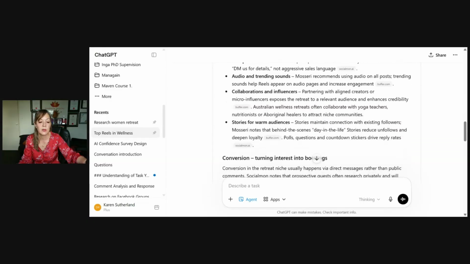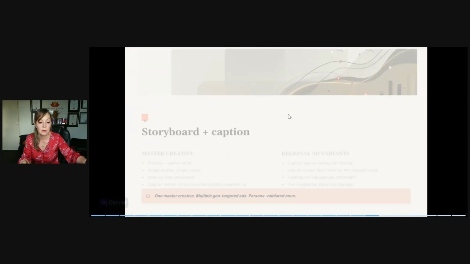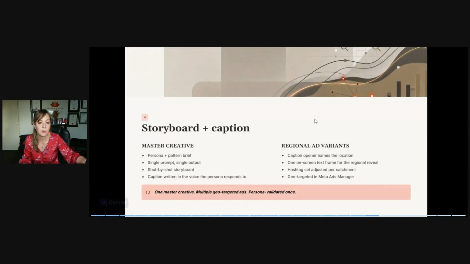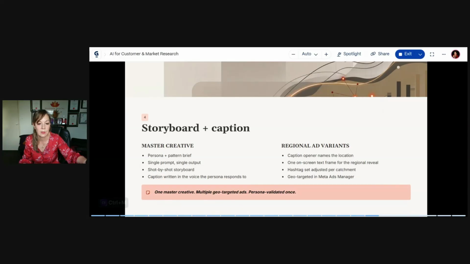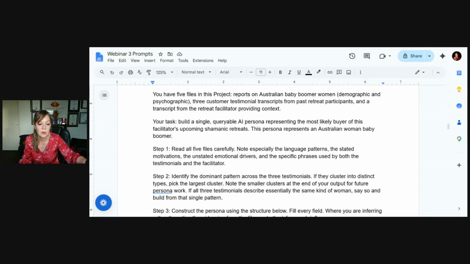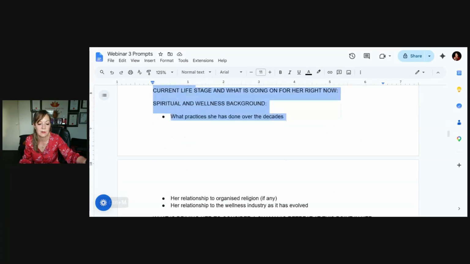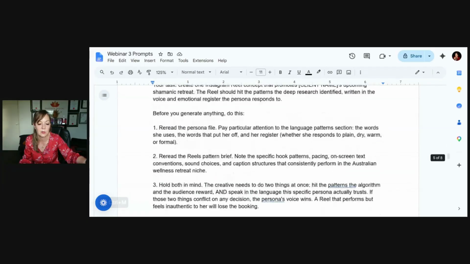The beauty of it is that I can get that report and put it into the AI, and then it knows what those characteristics are. So when I'm working with it to come up with something, it will just automatically do what is working. So we've got the report. And now what we'll do is go back in and give it another prompt. This one is just reminding it who it is in terms of the persona, and then we'll move on to actually building and creating the real stuff.